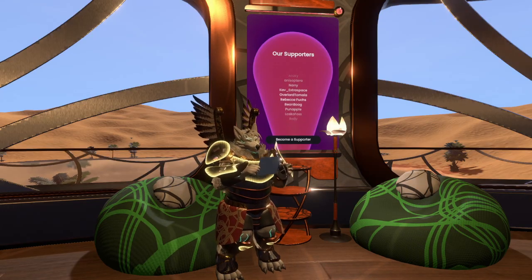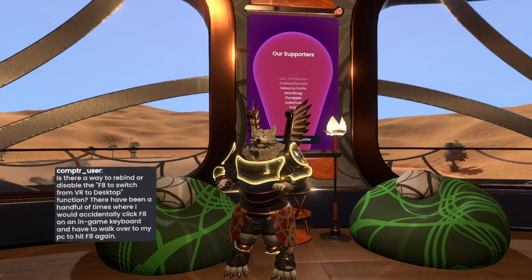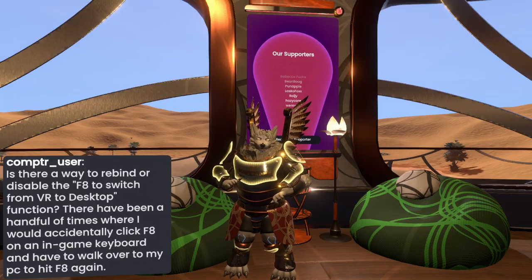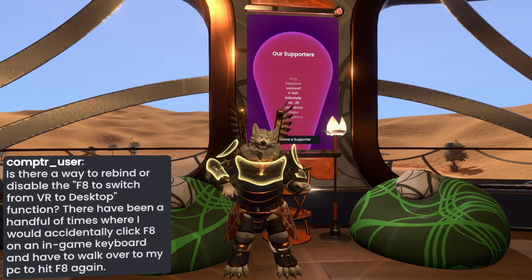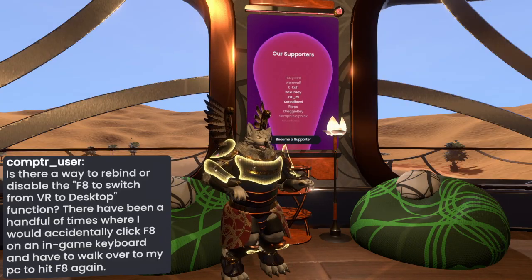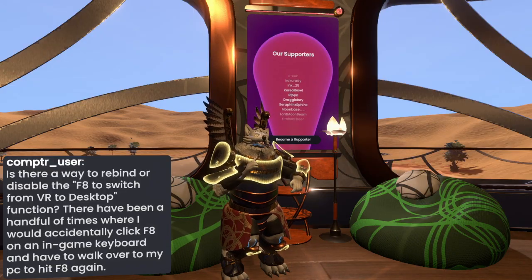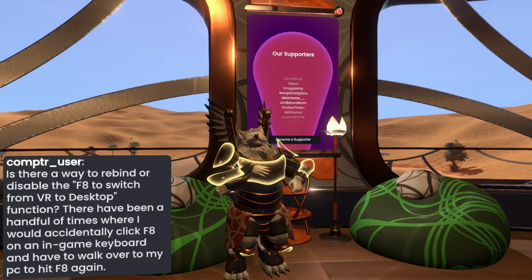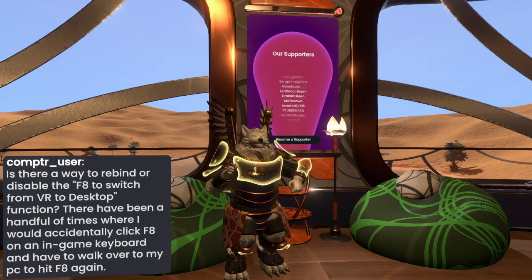This is a good question. Actually, it might also be a good GitHub question too, as in see if the GitHub issue exists. Is there a way to disable the F8 switch from VR to desktop function? I am not sure if there's a way to disable the desktop to VR switch via F8. I know there's a way to disable it so that if you take off the headset, it automatically swaps to desktop, but I don't know if there's a way to specifically do that in particular.